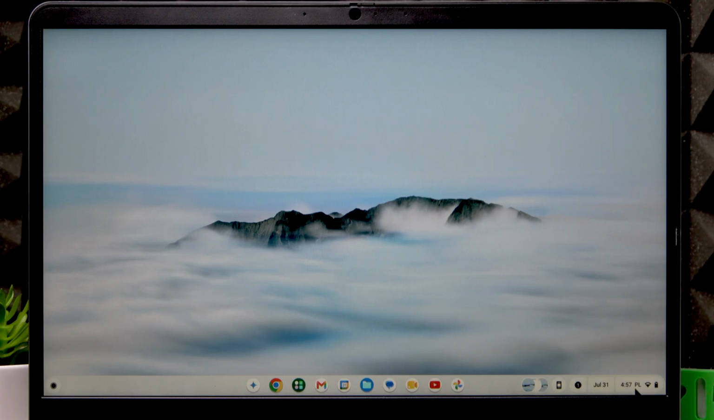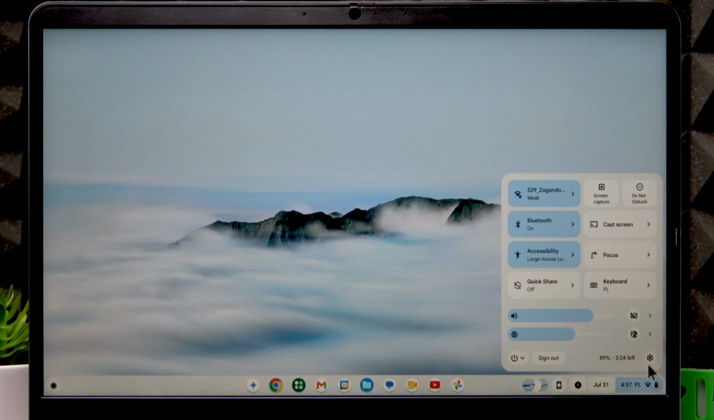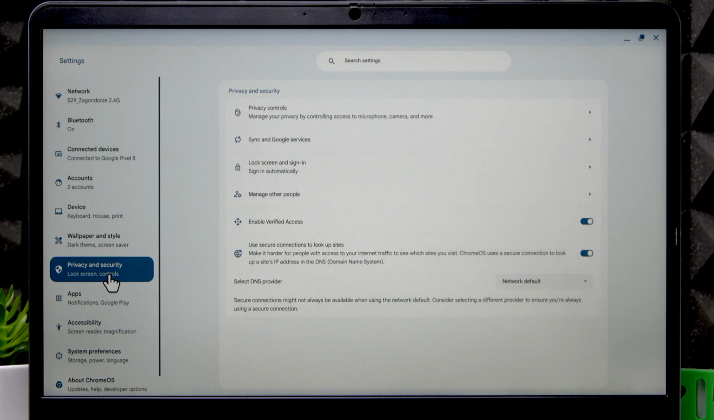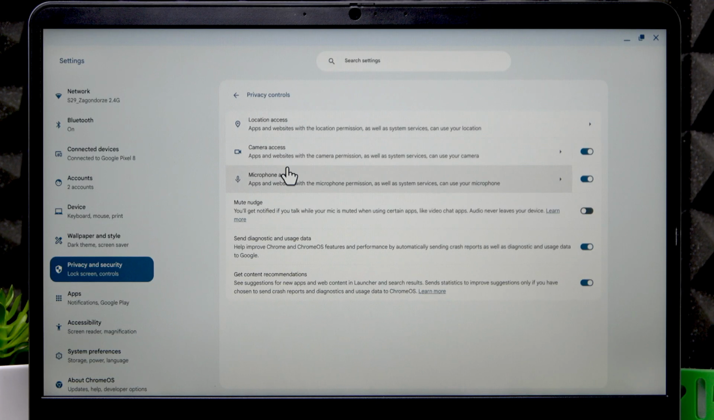Start by opening the control center and go into settings. After that, you have to go to privacy and security, open privacy controls in this menu, and then camera access. If you want to, you can restrict camera access to all the applications you have on this computer simply by